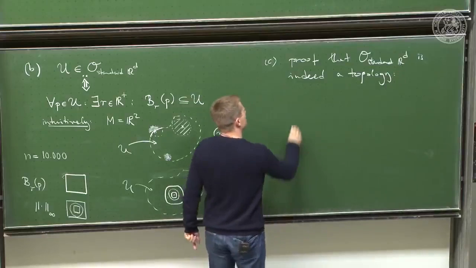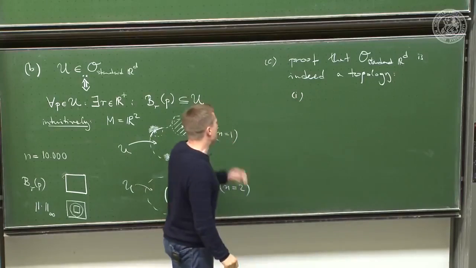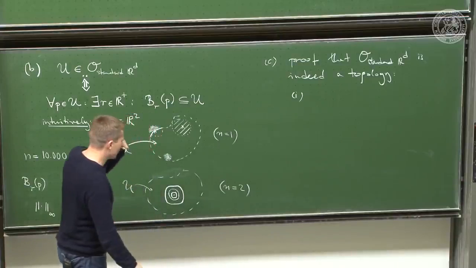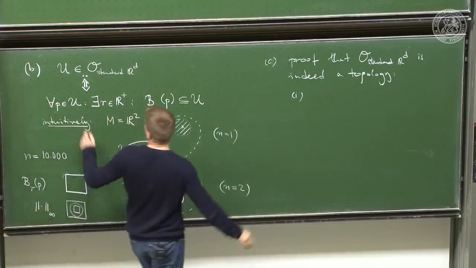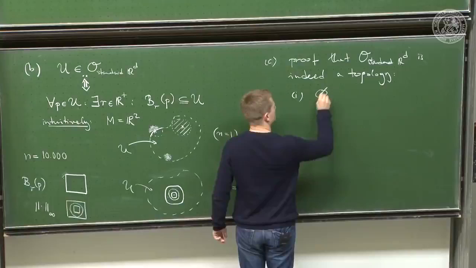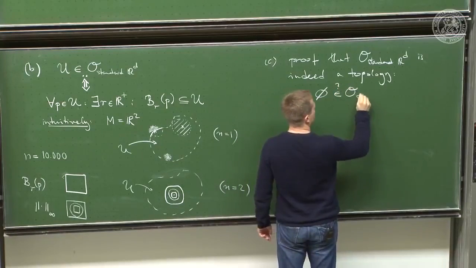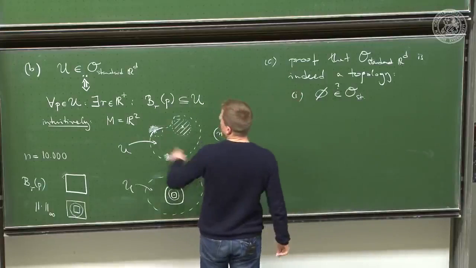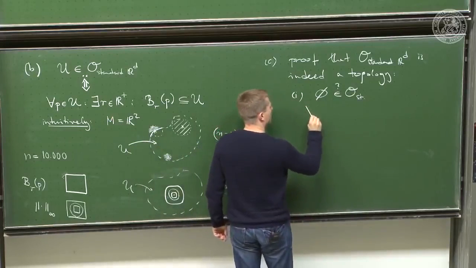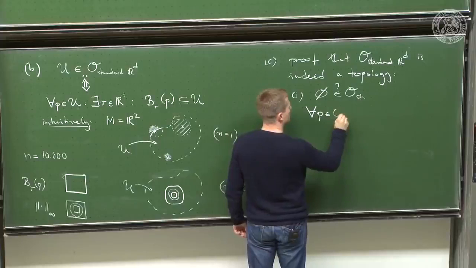So let's sketch this. The first thing we've got to check is whether the empty set is in there. How does this work? I need to do this a little bit more carefully. Question: is the empty set in O standard? What do I need to do? I need to check if for all P in the empty set,